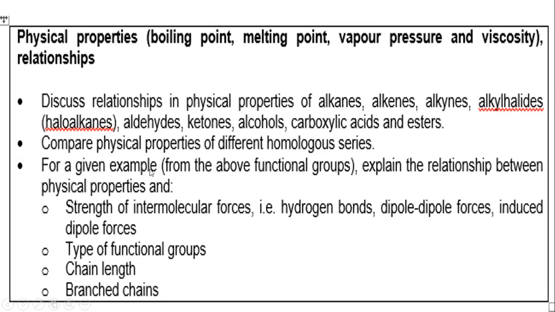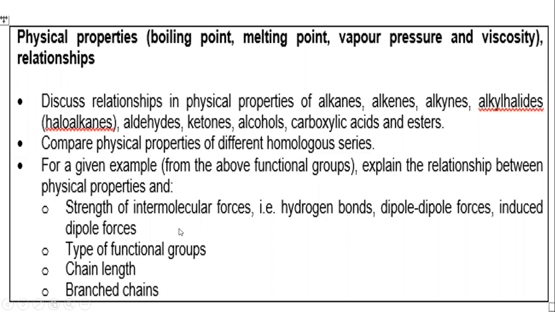Right, under physical properties as per the examination guidelines, remember we are dealing with 3 physical properties, which are the boiling point, the melting point, as well as the vapor pressure. And then under these physical properties, we must be able to discuss their relationships with regards to all these homologous series that are noted here. For example, we must be informed about the boiling points, the melting points, and the vapor pressure of all organic molecules that belong to this homologous series. Then we must be able to compare physical properties of different homologous series. That is obviously comparing the boiling point, the melting point, and the vapor pressure of organic molecules from different homologous